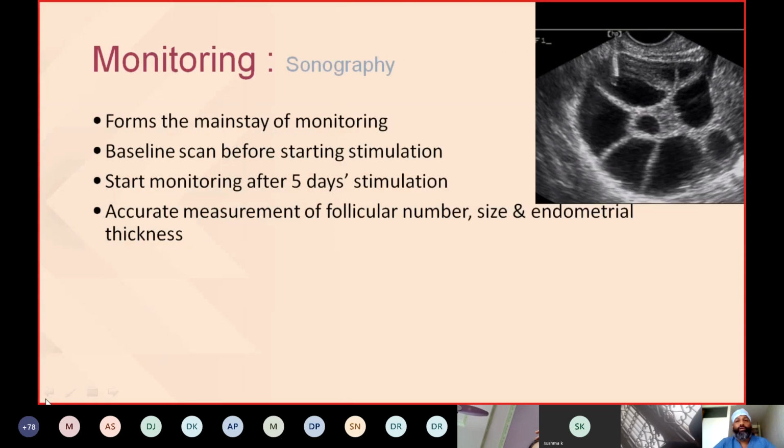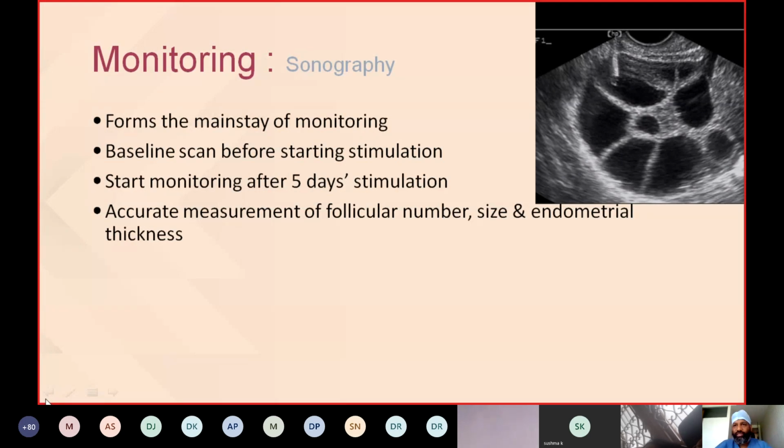So how do we monitor? What are the parameters for monitoring? The best monitoring parameter is with yourself, that is sonography. If you have a scanning machine with yourself, that is your right arm. Always, an ultrasound for a fertility specialist is the right arm, because we see everything, and monitoring everything happens by sonography. Yes, hormone parameters can be monitored, but here it's in-house and what you are seeing is what you're believing. Sonography is something where you can see the follicles so beautifully.